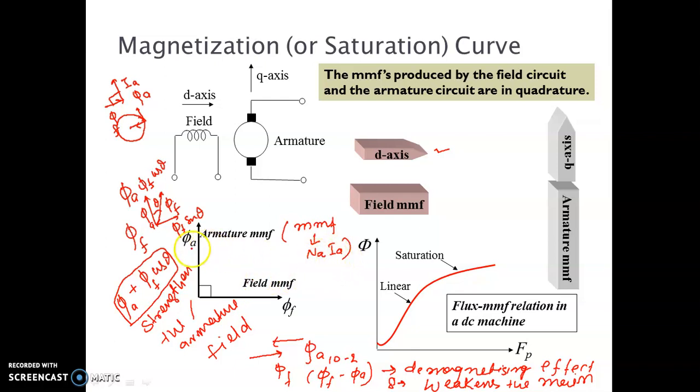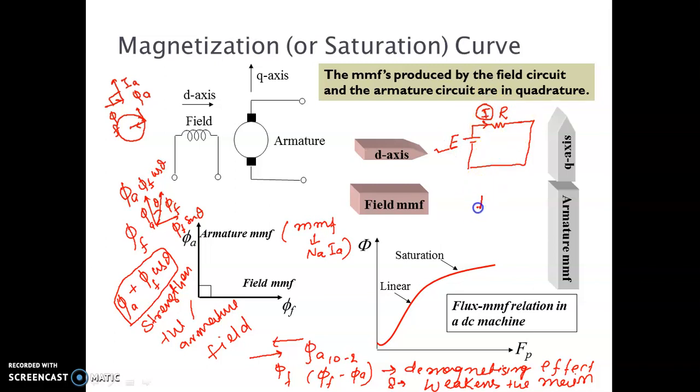So this armature current produces the armature field. This is called armature flux, and it is due to the armature MMF. So who is creating flux? Flux is being created by MMF. As you have studied in basic electrical engineering, current is produced by EMF. I am just recalling your concept here. This is resistance R, this is current I, and this is your EMF or voltage. So it will create this current, and current flows here.